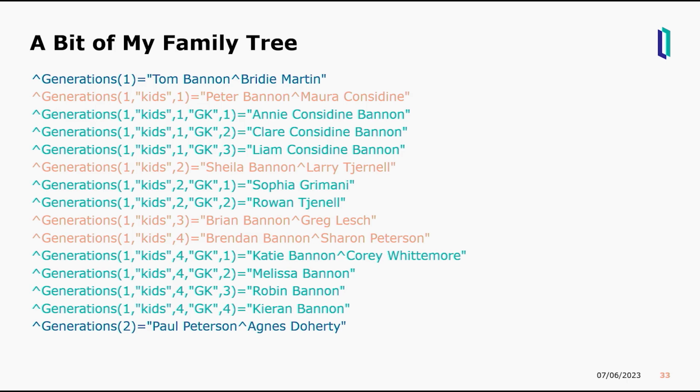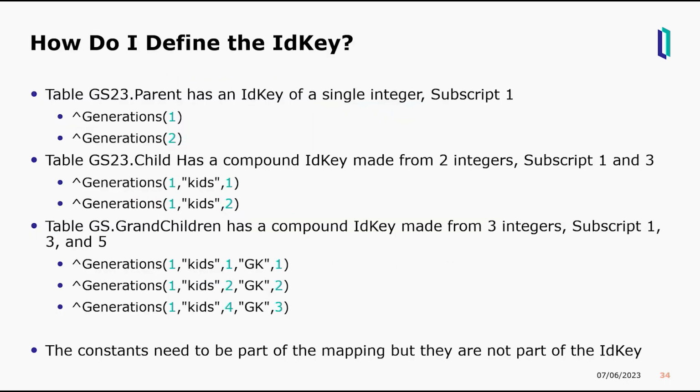Okay, so I'm going to say we have 3 classes: the grandparents, the parents, and the children. I'm not sure that's what I called them. I can never remember what I called them, but anyway, right? Those 3 different classes. Okay, so for these 3 different classes, we need to define the ID. Okay, if we look at the grandparents, or all right, I call it parents, global parents, it's nice and